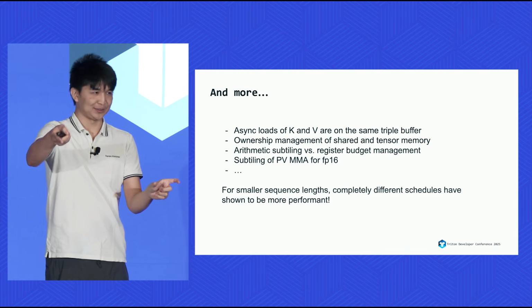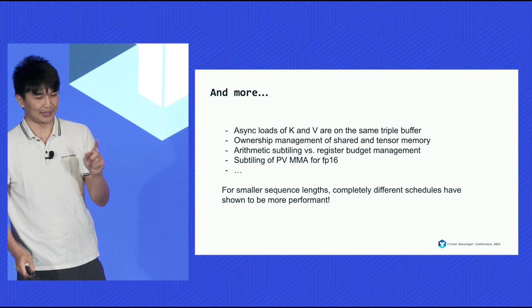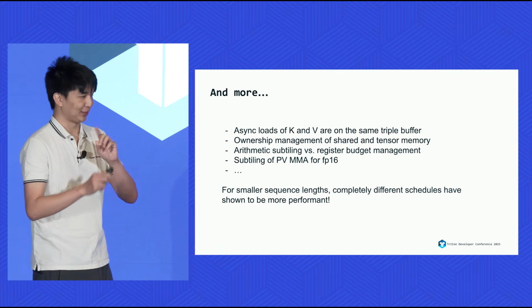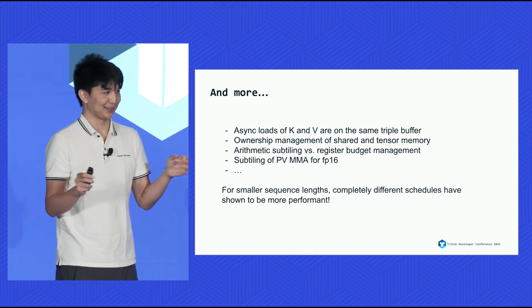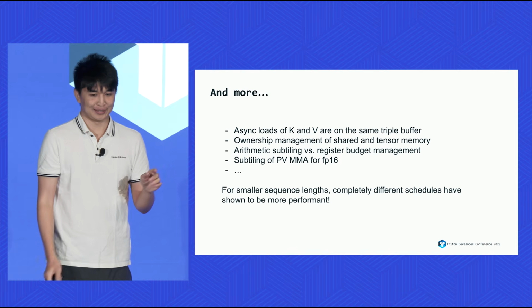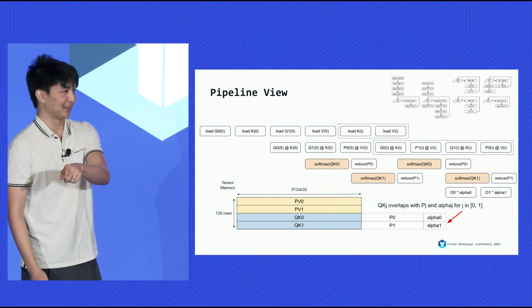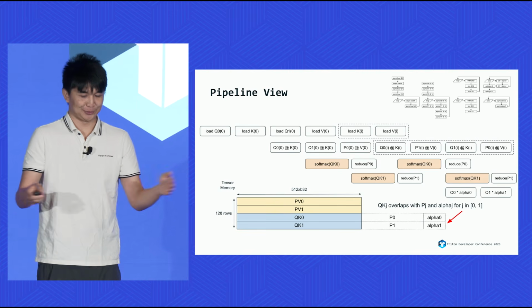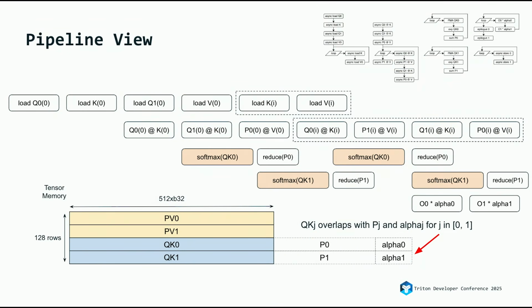Start that early, while the rest of the softmax is running. And the other factor is that this is the optimal schedule only for long context lengths, maybe 4K, 8K and above. The reason is this inner loop steady state. We essentially assume that the inner loop will reach steady state for a certain amount of time, and the prologue and epilogue of the outer loop can be completely hidden by the length of